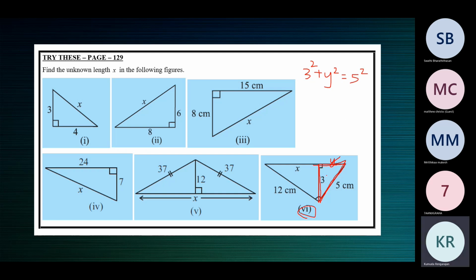I'm talking only about this right triangle. In this right triangle, 3, y and 5 are the sides. This is the right angle, so 5 is the hypotenuse, and that should stand alone on one side. It can come in the LHS or RHS, but we'll write it on the RHS because we know it is 5. Whatever x and y we have, we'll put on the left hand side.